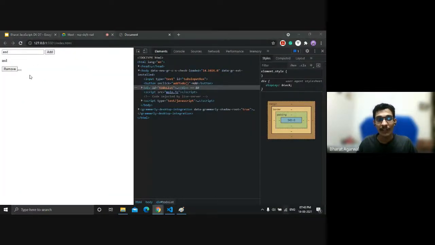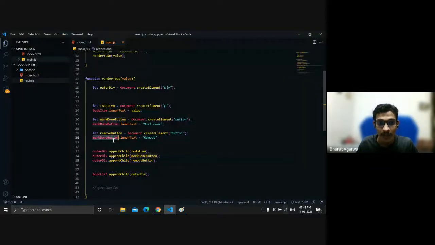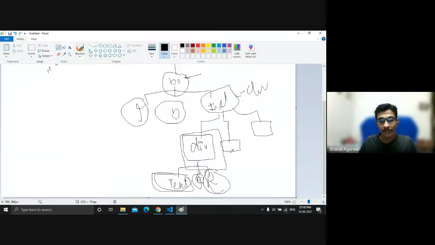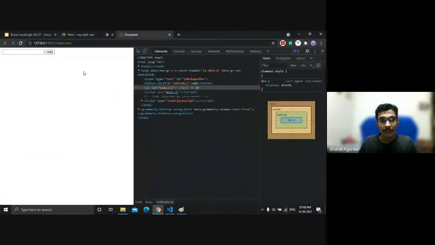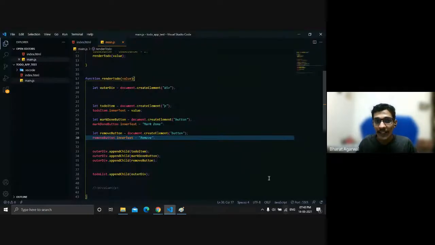See, I think we named it wrong. Now, see, the remove button is over here. So you can create as many elements as you want with createElement, and you can append them level-wise. I want to append it to this outer div.